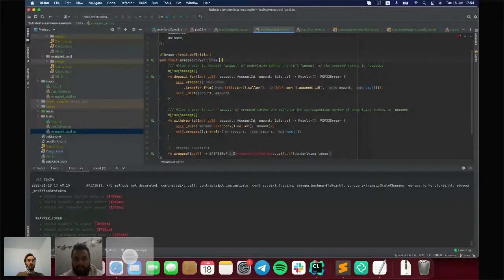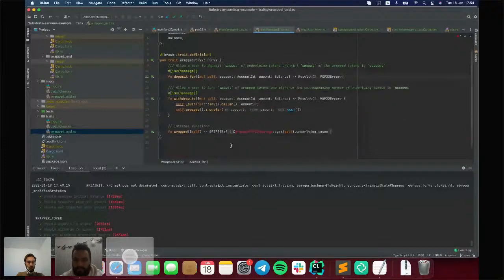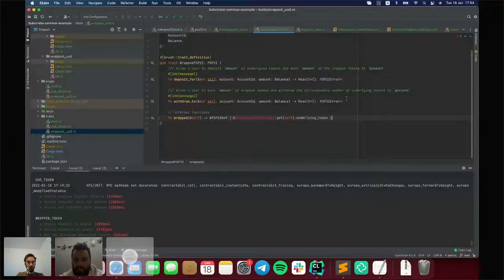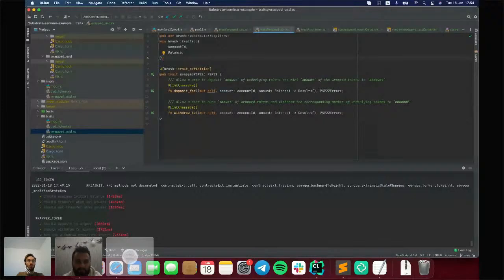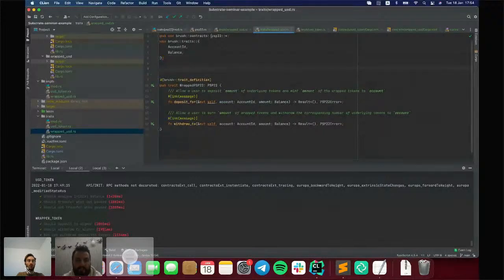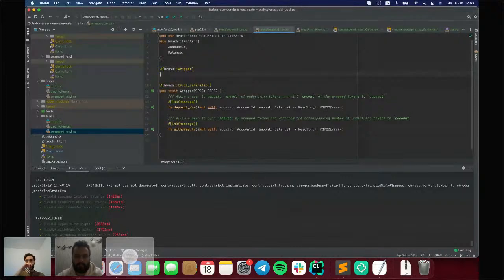Let's remove it. So now we have only the trait definition here. Let's do the same here. Let's only import stuff related to traits, and let's define a wrapper. Brush wrapper type.